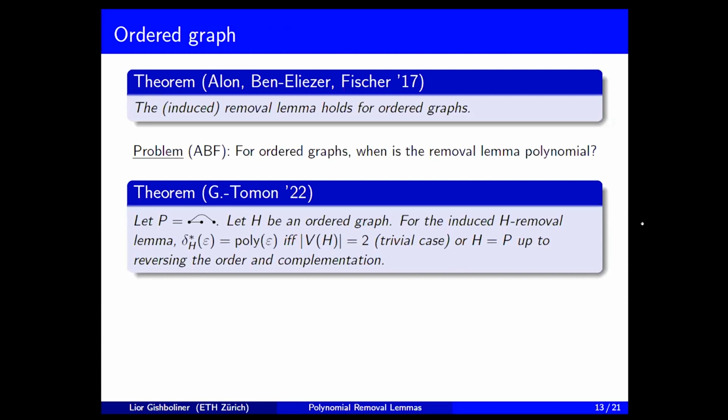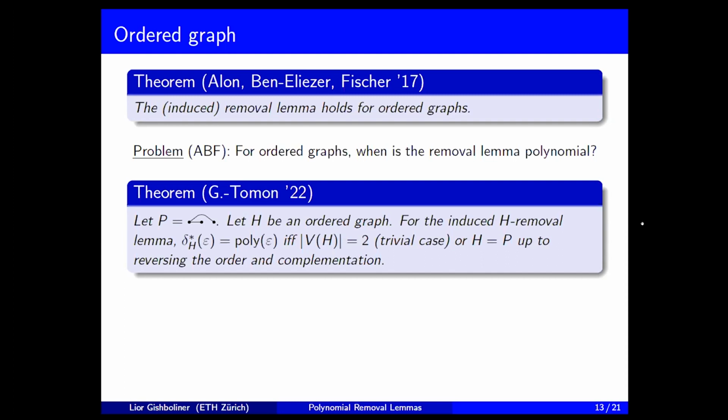graphs that satisfy certain properties, they have small regular partitions. So as you might know, the Szemerédi regularity lemma says that every graph has a regular partition, but the size of the partition is very large, right? It grows as a tower in 1 over epsilon, and therefore we get these bad bounds in the removal lemma. But there are results that if a graph has certain properties, so if it does not contain certain H, let's say as a subgraph, then it has much smaller regular partition. So partitions of size polynomial. And this can be used to prove